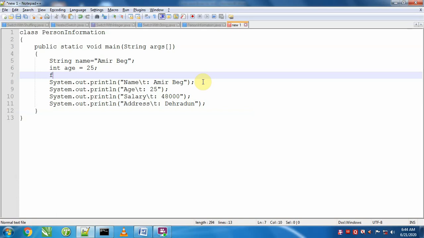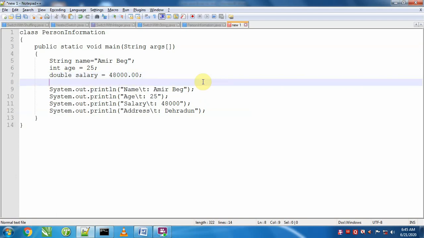Next is salary. For this we will take float or double. So I am taking double. Like this. For pointed values we can take double or float, and for address we will take again string.